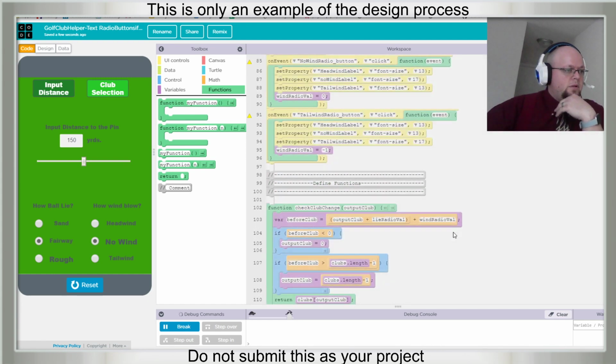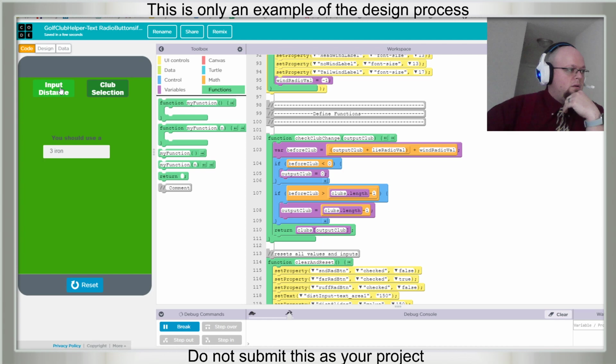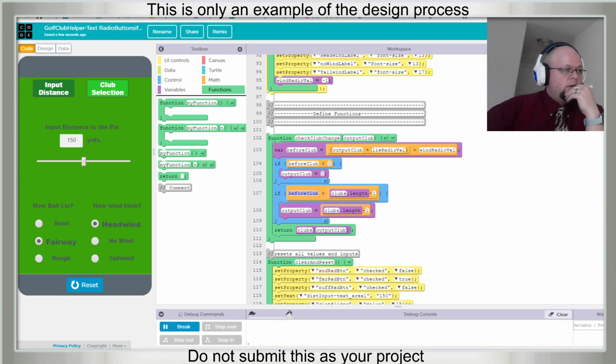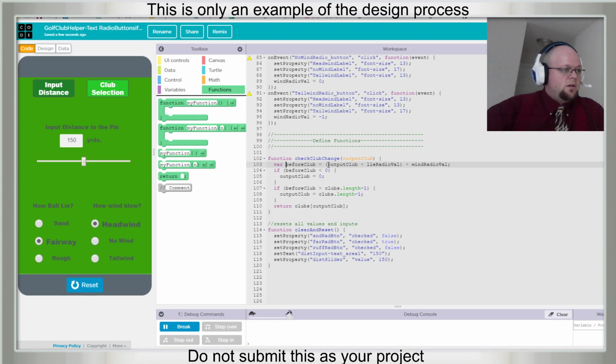Var is not a verb. Let's try here. Okay, this should say 3 iron. This should still say 3 iron. Good. This should say 4 iron. Nope. Okay, output club. Before club is output club.